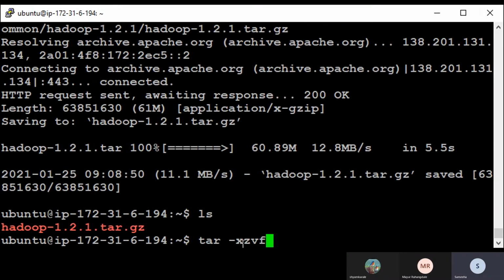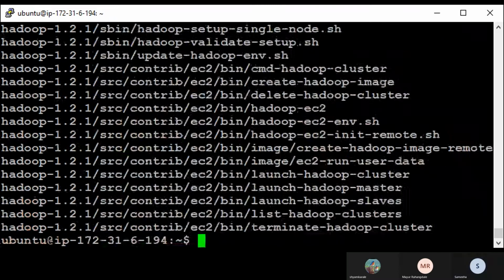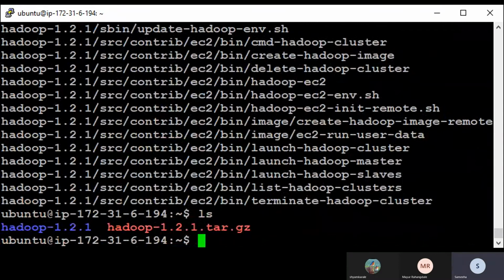X option is for extraction, Z for unzip, V for verbose, and F for file. Now we have to move this file to our location, /usr/local/hadoop.